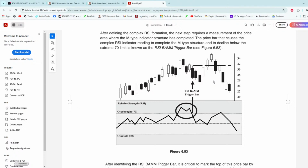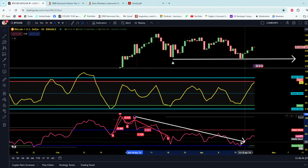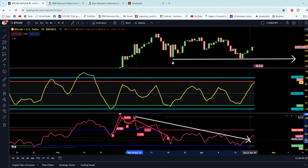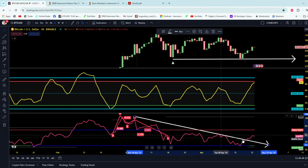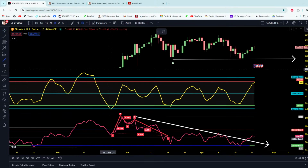If that's what Bitcoin's doing now, which I think it is, in this case, this is amplified RSI, treat it the same way. It's just this got oversold even, which is why we do amplified. Okay, your trend line, your downtrend here, totally broken. And now what are you looking at? Well, you're in a great spot. All we need to see is Bitcoin